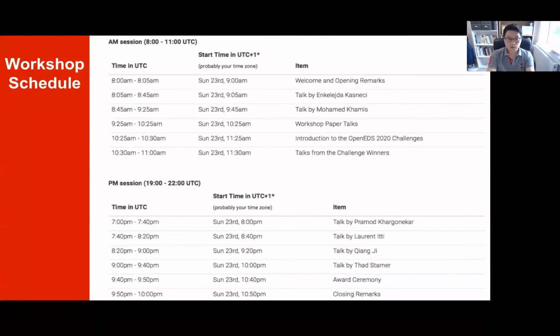This is the schedule of today. Considering the time differences from all over the globe, we divided the workshop into 2 live sessions and put 8 hours separation in order to guarantee fair access from any time zone. In the first session, right after this opening remark, 2 keynote talks will follow. At the end of each talk, there will be a live 5-minute interactive Q&A session with the speaker. After the 2 keynote talks, there will be full workshop paper presentations, 15 minutes each.